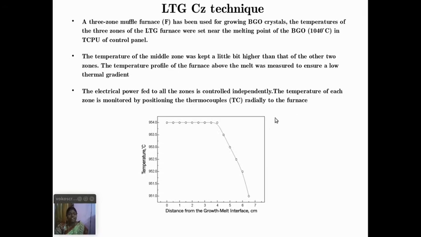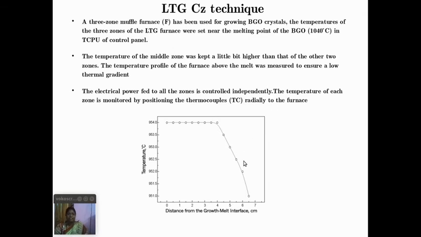The temperature of each zone is monitored by positioning the thermocouple radially to the furnace. This figure illustrates the relation between the temperature and the distance from the growth melt interface in centimeters. From this figure, it is clear that up to 4 centimeter above the surface of melt, the temperature is constant. After that, the temperature gradient is approximately 1.2 degree centigrade per centimeter. So this is the ideal situation to grow a